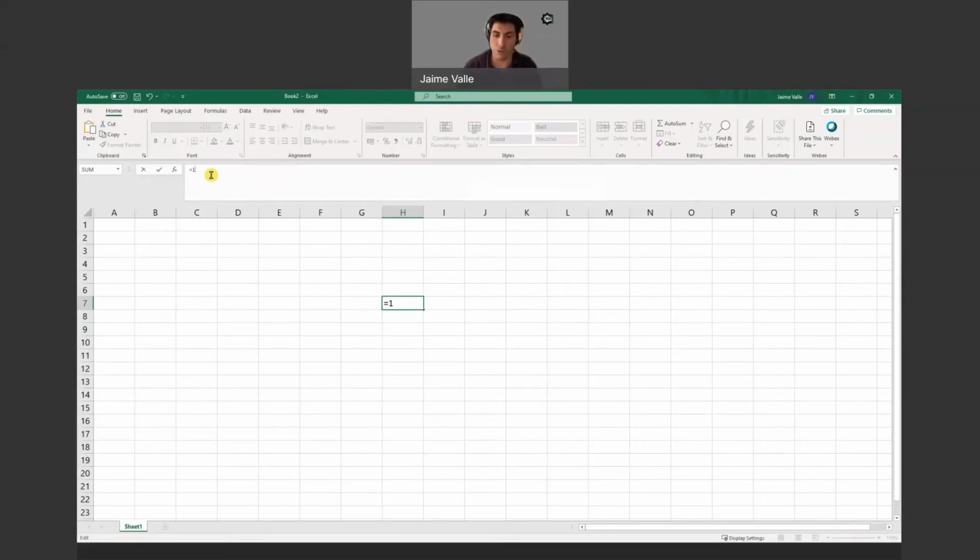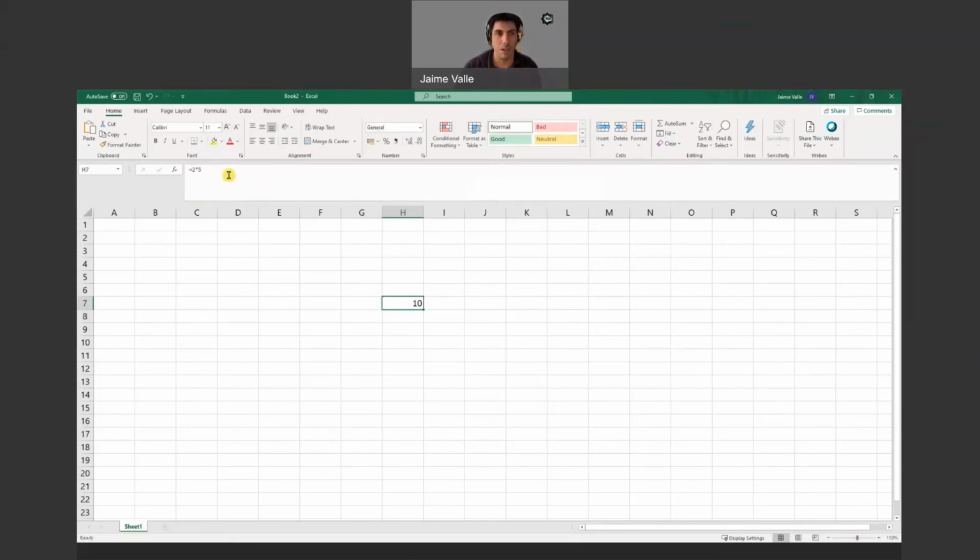You will need to use the asterisk, okay? And then 1 asterisk 1 means 1 times 1, which is obviously 1. Should I change the numbers and put 5, and then here I'm going to put 2. That should be 10. Wow, I'm a mathematician.